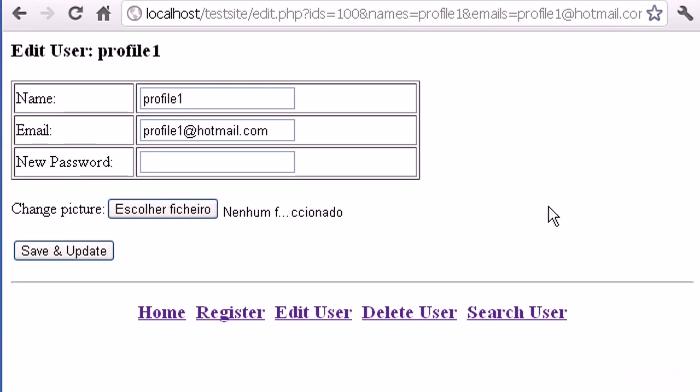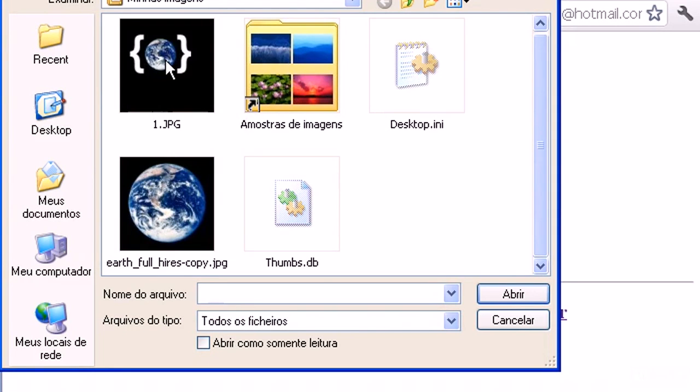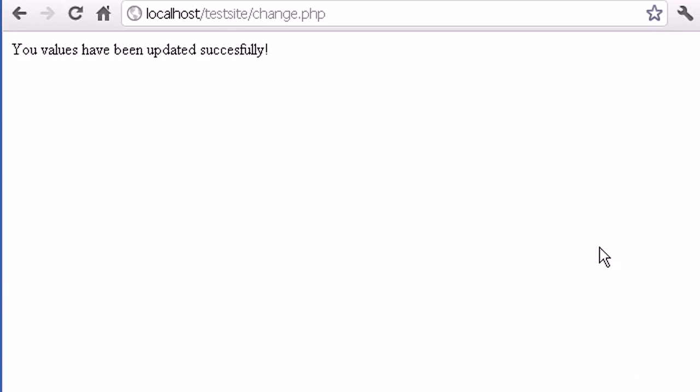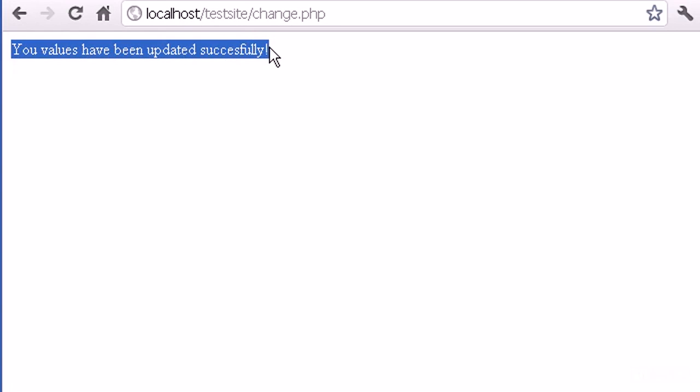picture. Okay, but the thing is, for example, if I click here and let's leave that in blank and choose this. This is the one that we had before, but if I change this to a new image, save and update, your values have been updated successfully. Okay, but the values have been updated successfully to the database, but the picture,